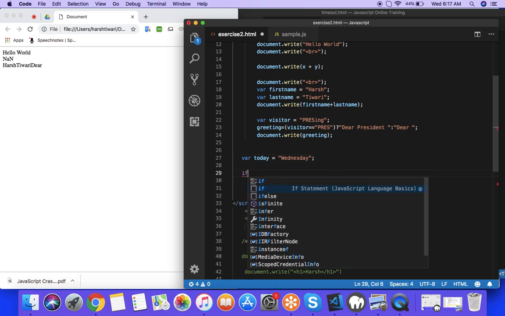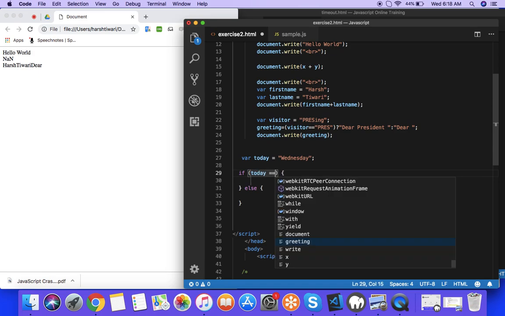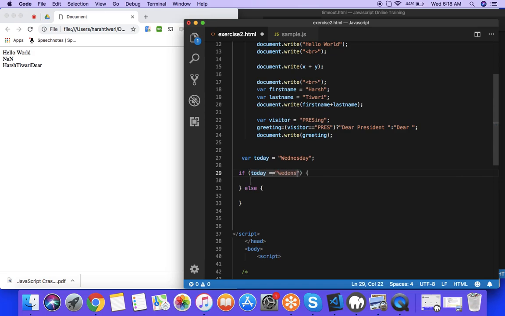And now I'm writing the if condition. Instead of this, I'm taking this if else. So I'm saying if today is Wednesday, write here document dot write Wednesday, else document dot write today is not